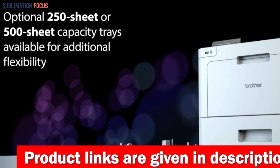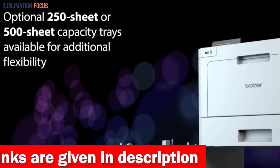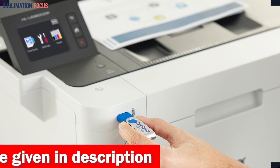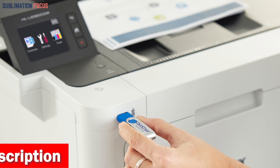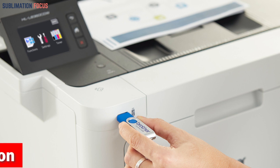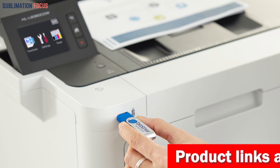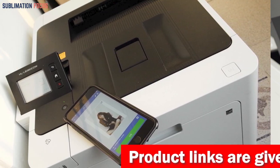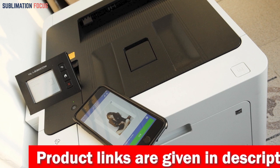The automatic duplex printing feature also helps to save time and paper by printing on both sides of the page. In terms of connectivity, the Brother HL-L8360CDW offers multiple options, including USB, Gigabit Ethernet, and Wi-Fi, allowing for easy integration into any office network. Additionally, the printer can be accessed wirelessly through mobile devices, making it convenient for employees who need to print from